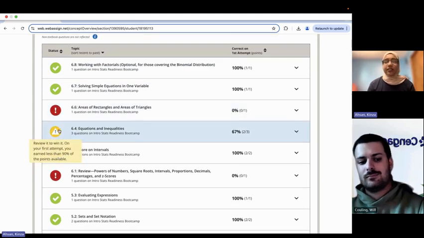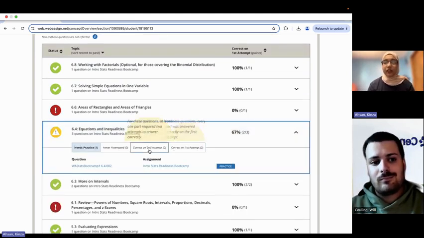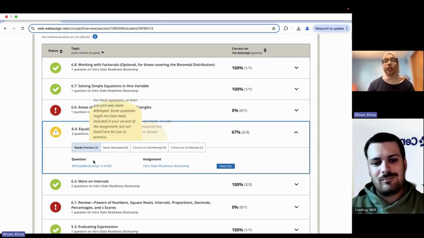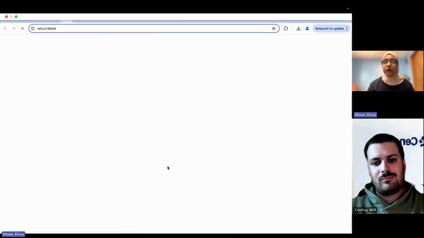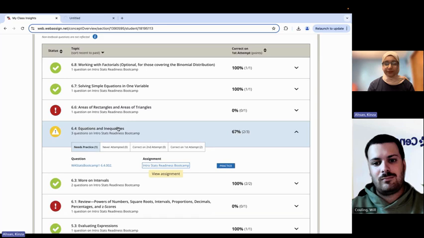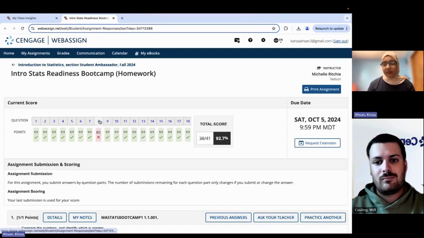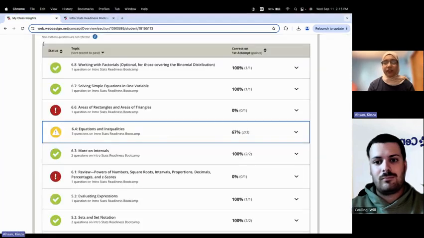However, the status that shows yellow means I'm moderately good, but I do need more practice, as I may not have gotten it on my first attempt. I got it correct on my second attempt, so you can press the option of practice or go to your assignments and it will go back to the assignment where you were stuck at. For example, this question, I was stuck at it,